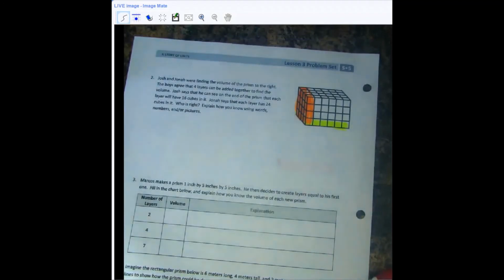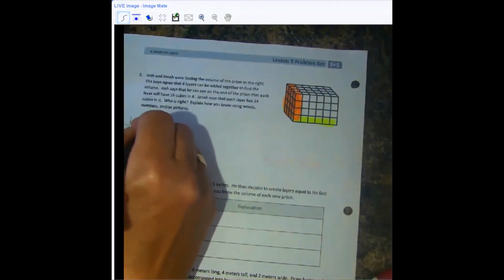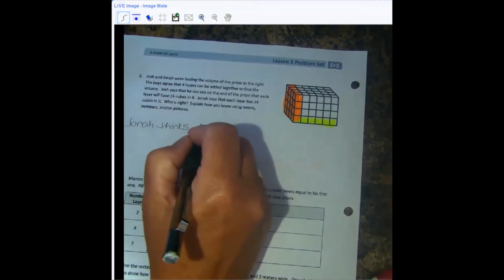Okay. I want you to be creative here. I will let you do your creative thinking, but they're both right. Okay. So Jonah thinks 4